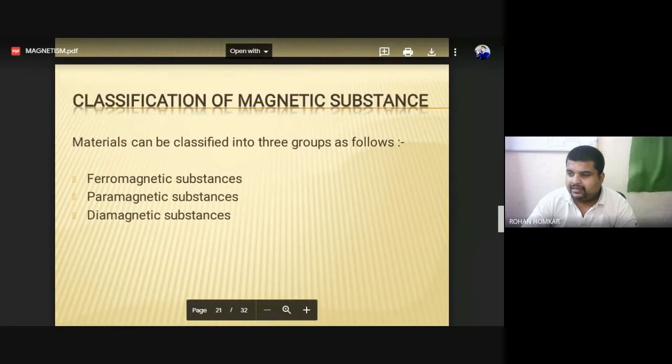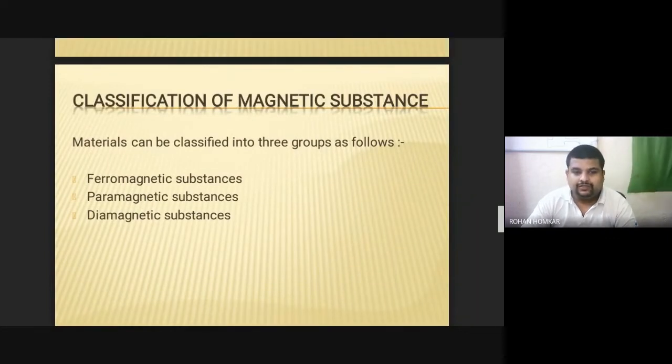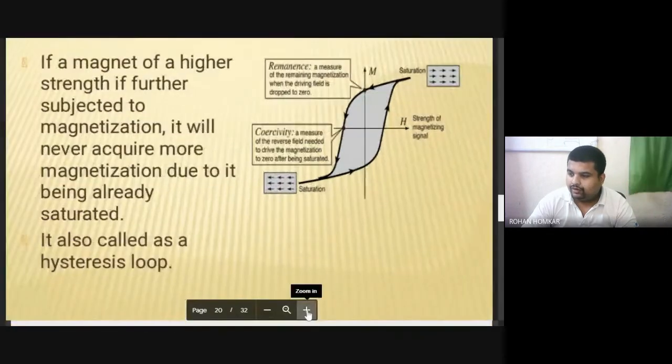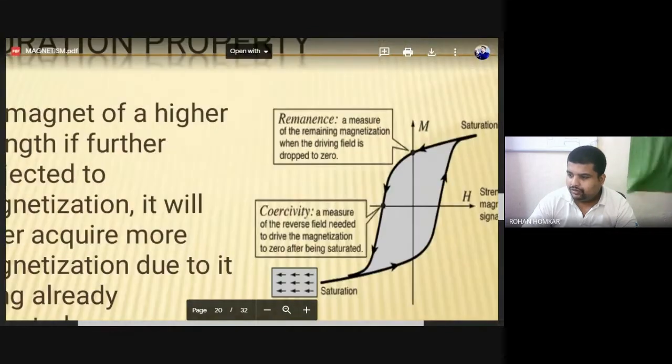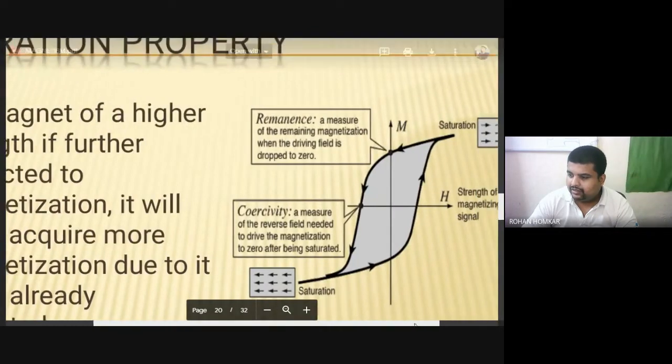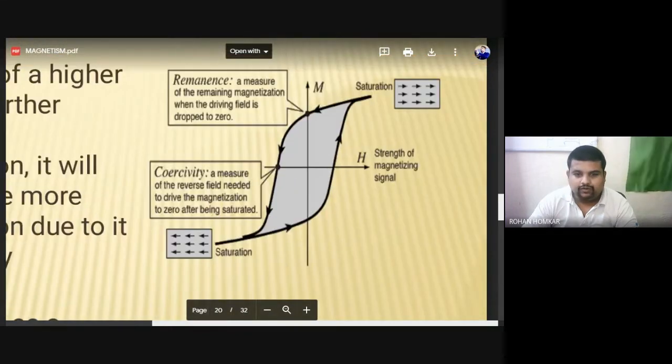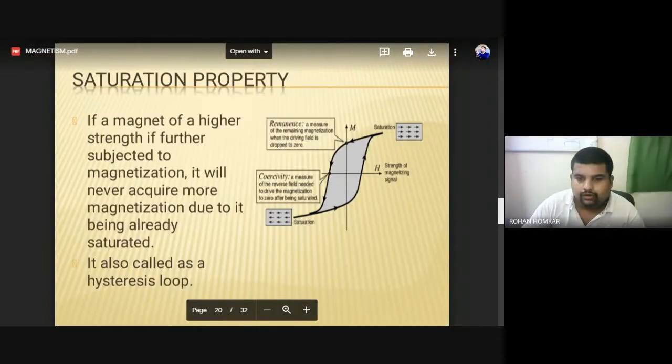When we talk about these magnetic substances, what are the different types, different classifications? Okay, let's see. Before that, I would like to ask you to draw this diagram. I'll just zoom in so that you can easily see it on the mobile phone if you are logging in with a mobile phone. Is it visible now? So just draw it, and when you're done, just type done in the chat box. I hope everyone has done it, right?